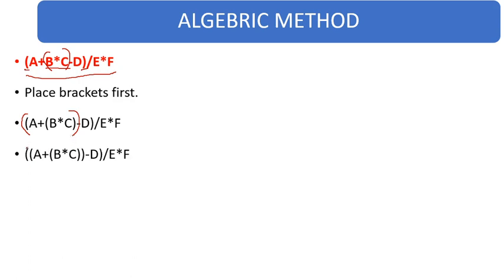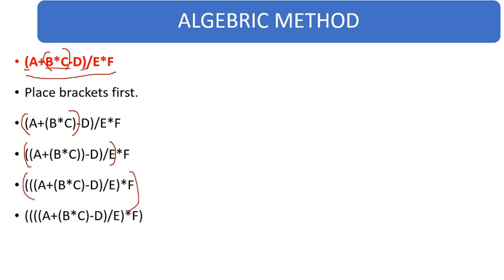After that this expression will execute, so place the bracket like that. And at the end, finally the whole expression will execute, so place the bracket like that. That will be the final result. One thing you need to remember is that you have to arrange the expression within the parentheses depending upon the precedence of the operator. Okay, now after converting this, we will convert that expression into prefix.